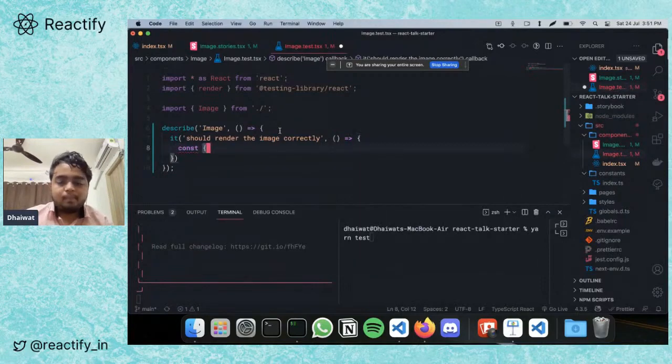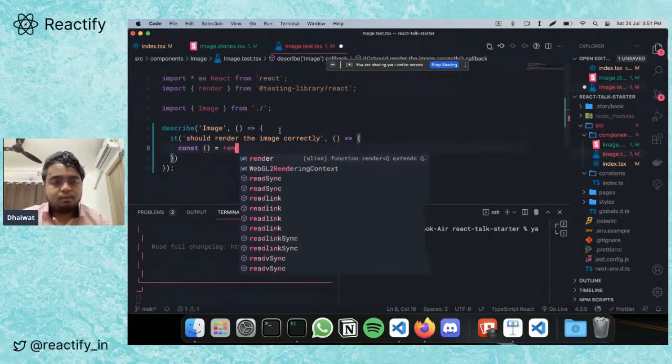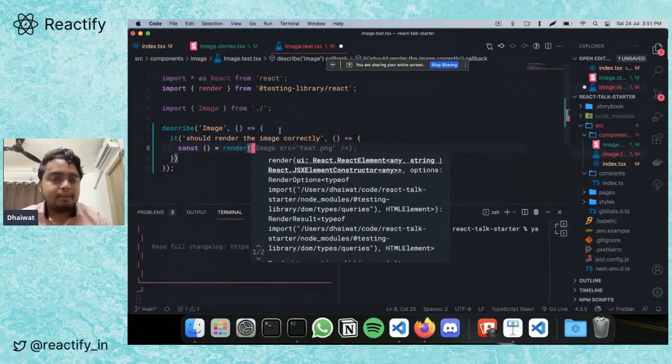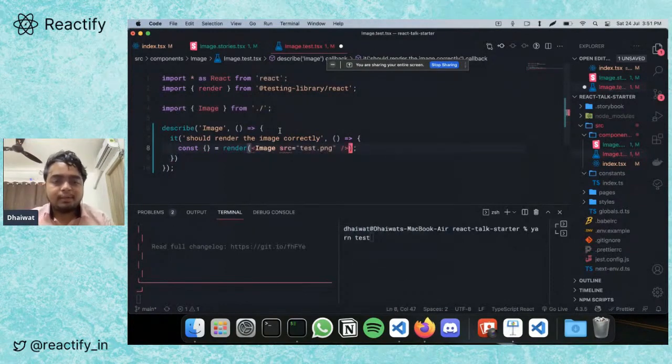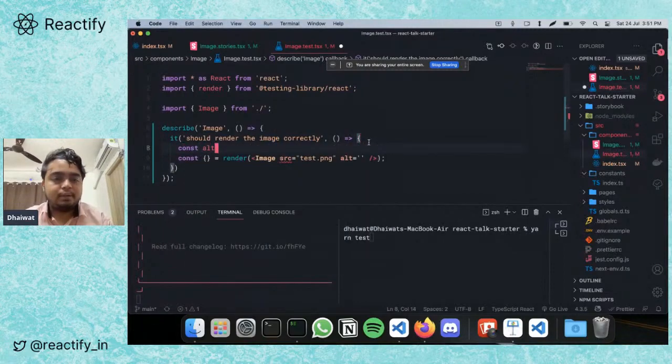Now we use this render method provided by Testing Library. TypeScript will complain right now because we don't have any markup. Let's just ignore it for now. Instead of doing this, we should do this.